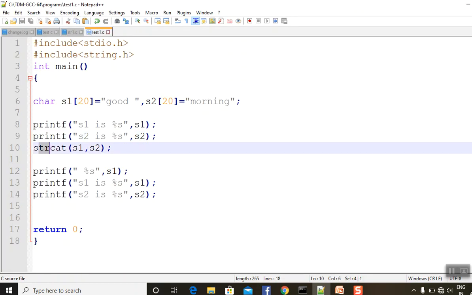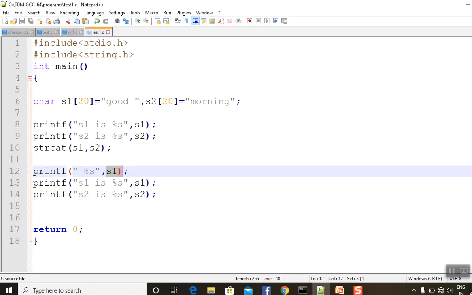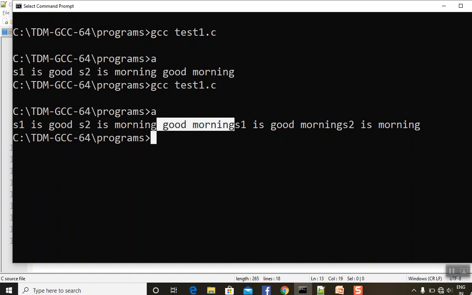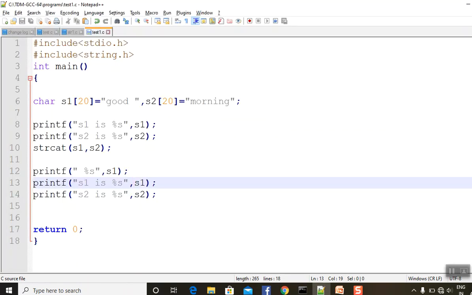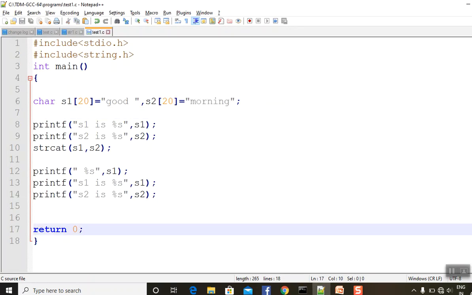Again we are concatenating both S1 plus S2 that we are printing now. Now S1 is good morning. Again I'm trying to print S1. What is S1 again? It is good morning. That is, good is replaced by good morning. So that is why we go for string concatenation. And now S1 is overridden by S1 plus S2. But S2 remains the same. If we are printing S2, it remains the same. There are no changes with S2. So this is the example